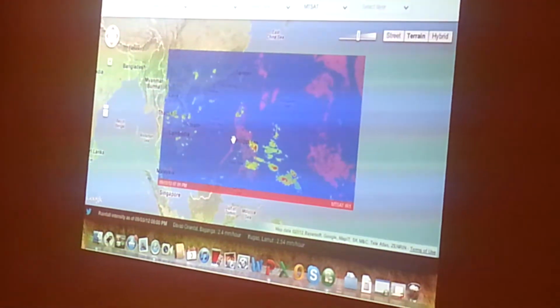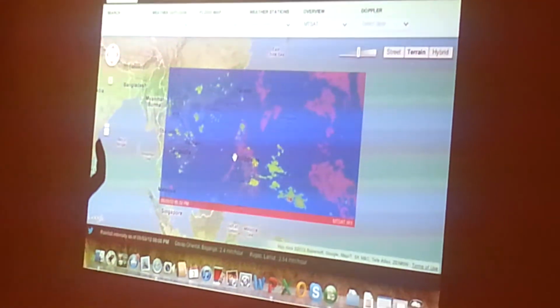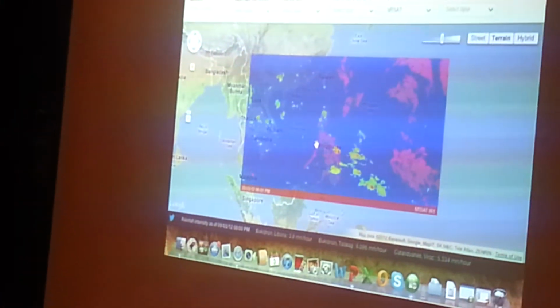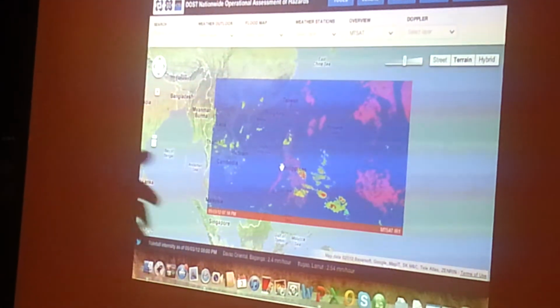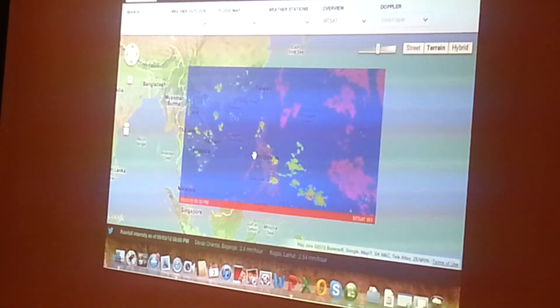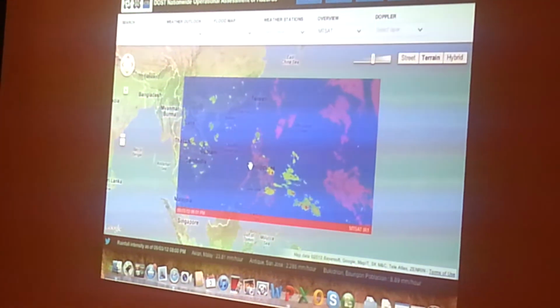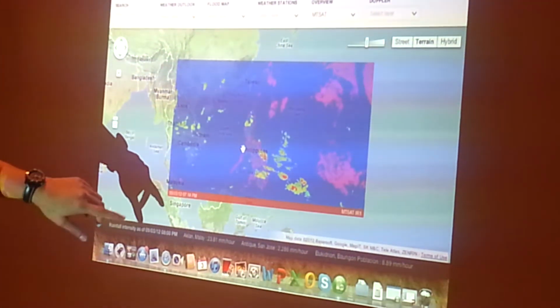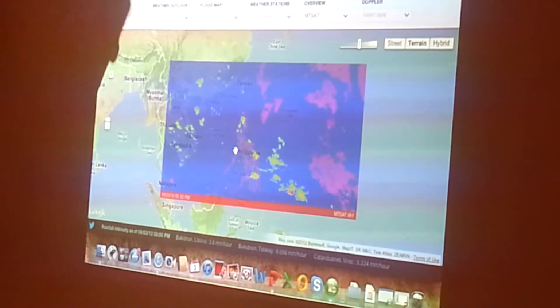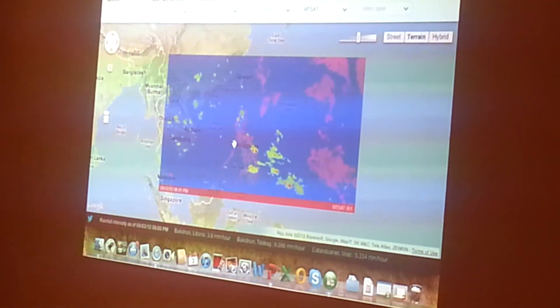Those clouds are the ones that carry water. It's a thermal image, meaning that if it is hotter, if it's more red, it carries more water. And if it's yellow, it also carries water, but less than the red patches. So with just one look, you know the clouds in the sky, in the area of the Philippines, which bear water. There's a timestamp that you can see. It says 7:01, it's already 8 o'clock, 7:14, and that was the last satellite image that was received.